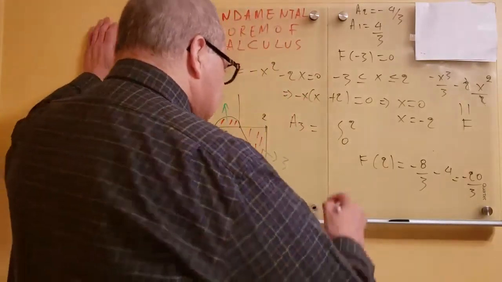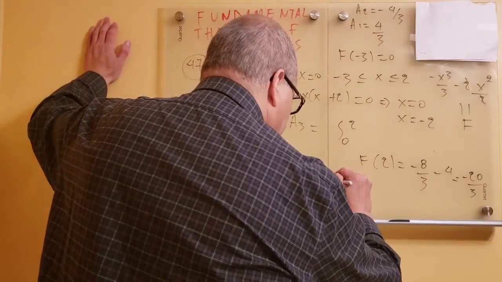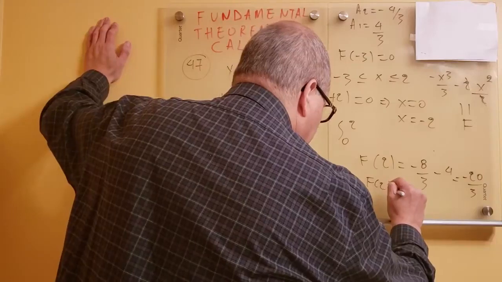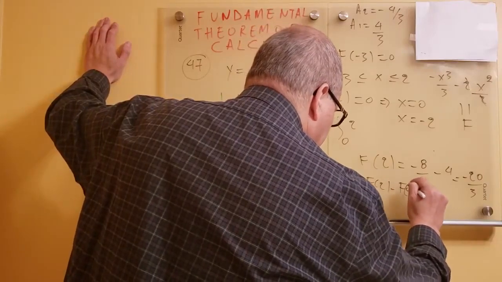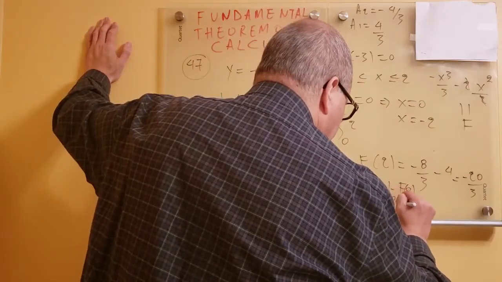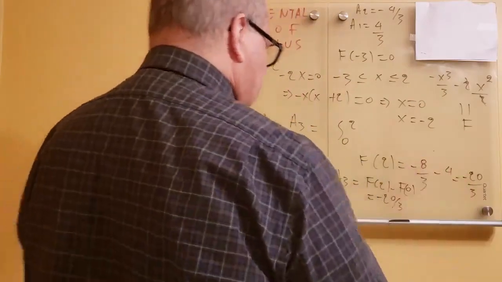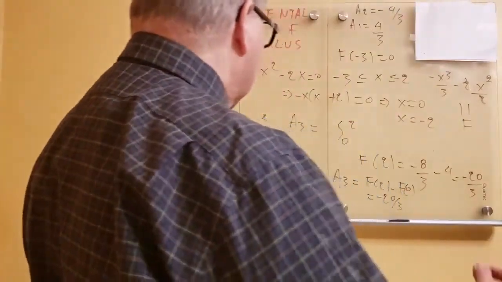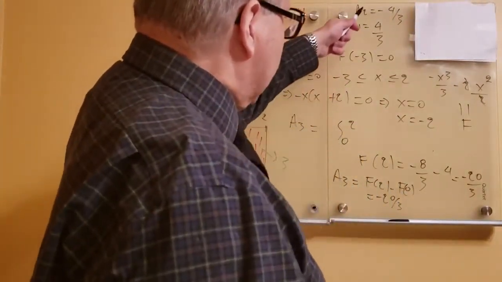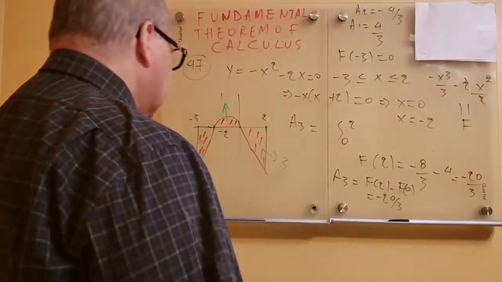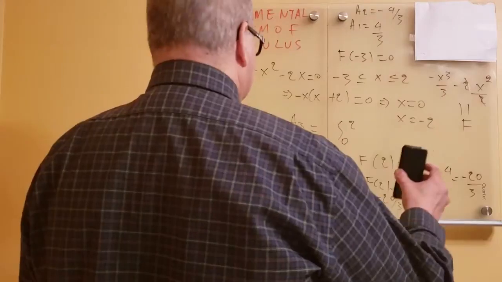So that means that the area A3, which is equal with f of 2 minus f of 0, should be equal with minus 20 over 3 minus 0, so it's minus 20 over 3. So now, in order to find the total area, we have A1, A2, A3. So in order to find the total area, we just have to,